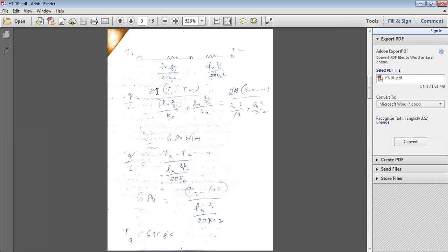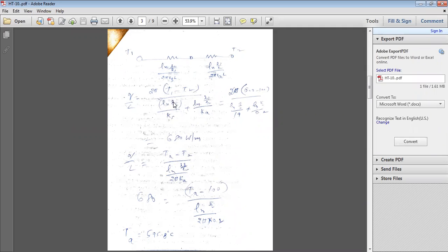Heat transfer rate Q is equal to 2 pi L. Here L is common, so you take L to the left side, Q by L per unit length. 2 pi K, thermal conductivity, because the first is one material and the second is another material. That's why we are taking thermal conductivity here. So heat transfer rate per unit length is 2 pi into inside temperature minus outside temperature, T1 minus T2, divided by the resistance offered by the first material.